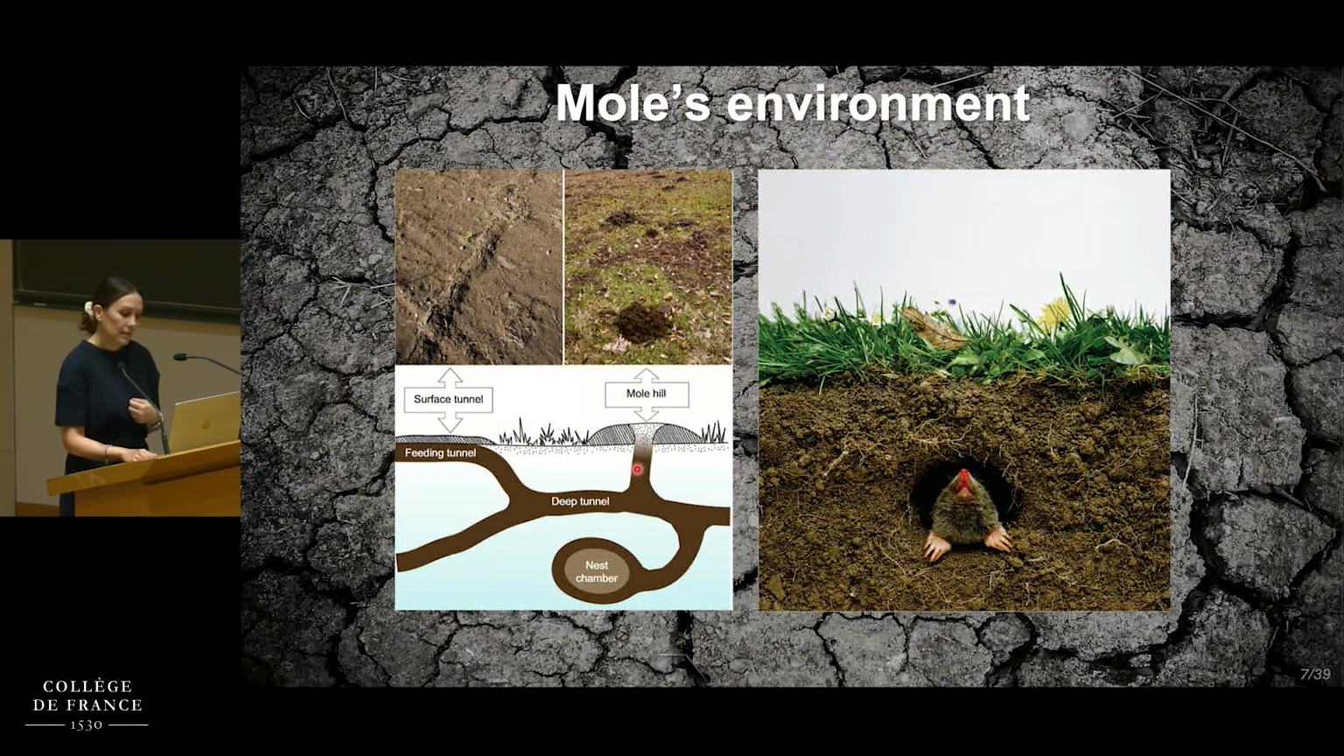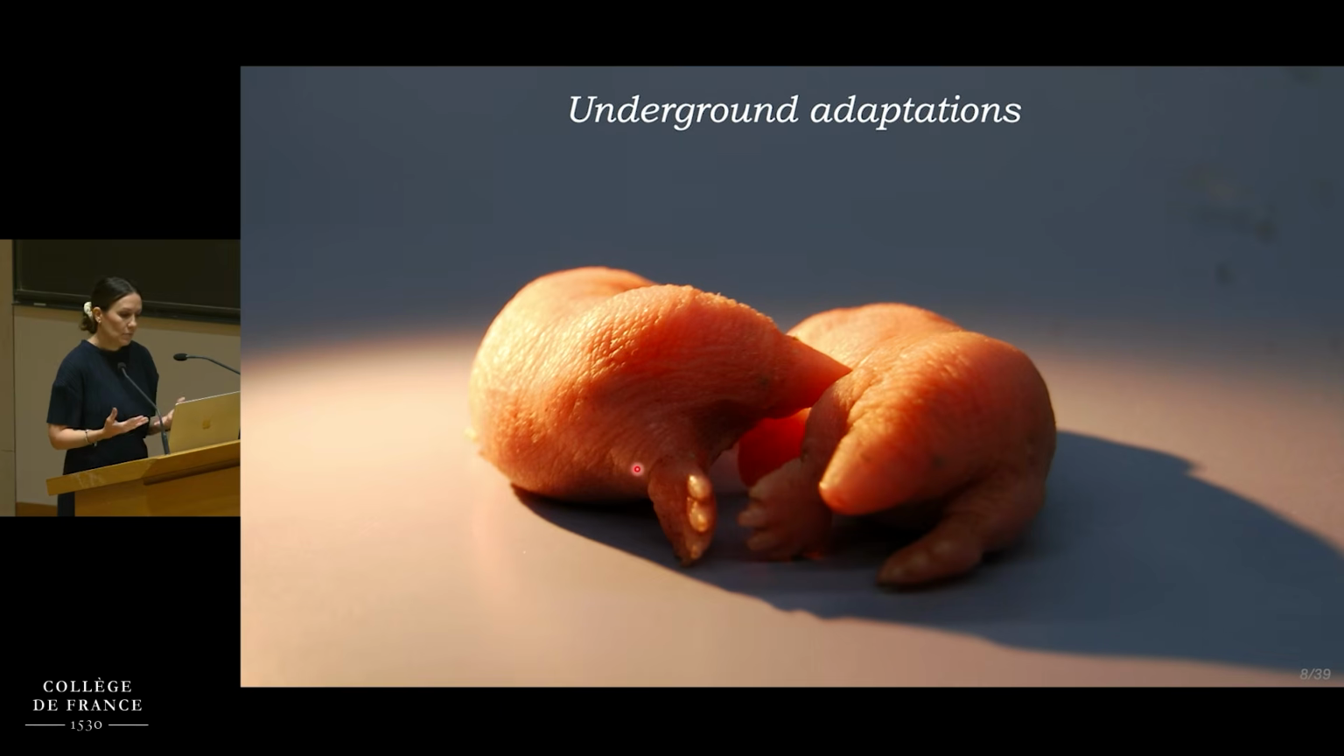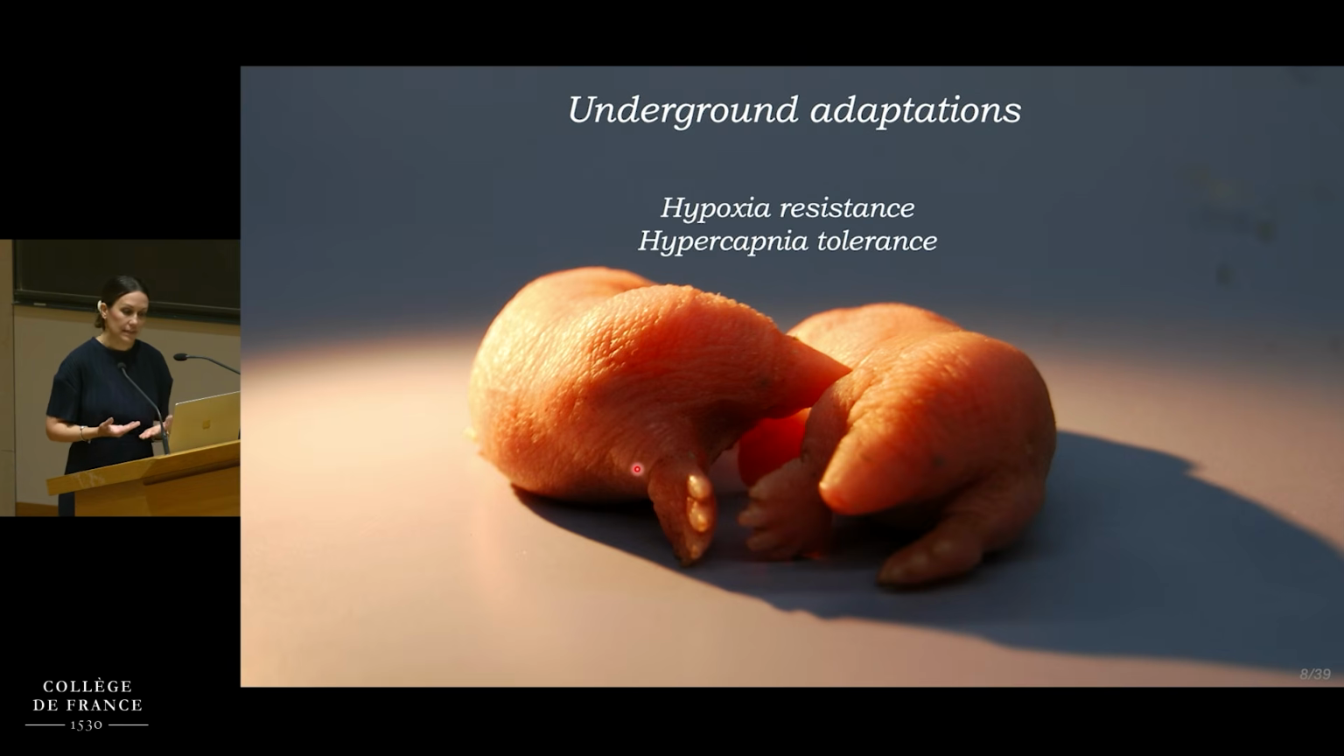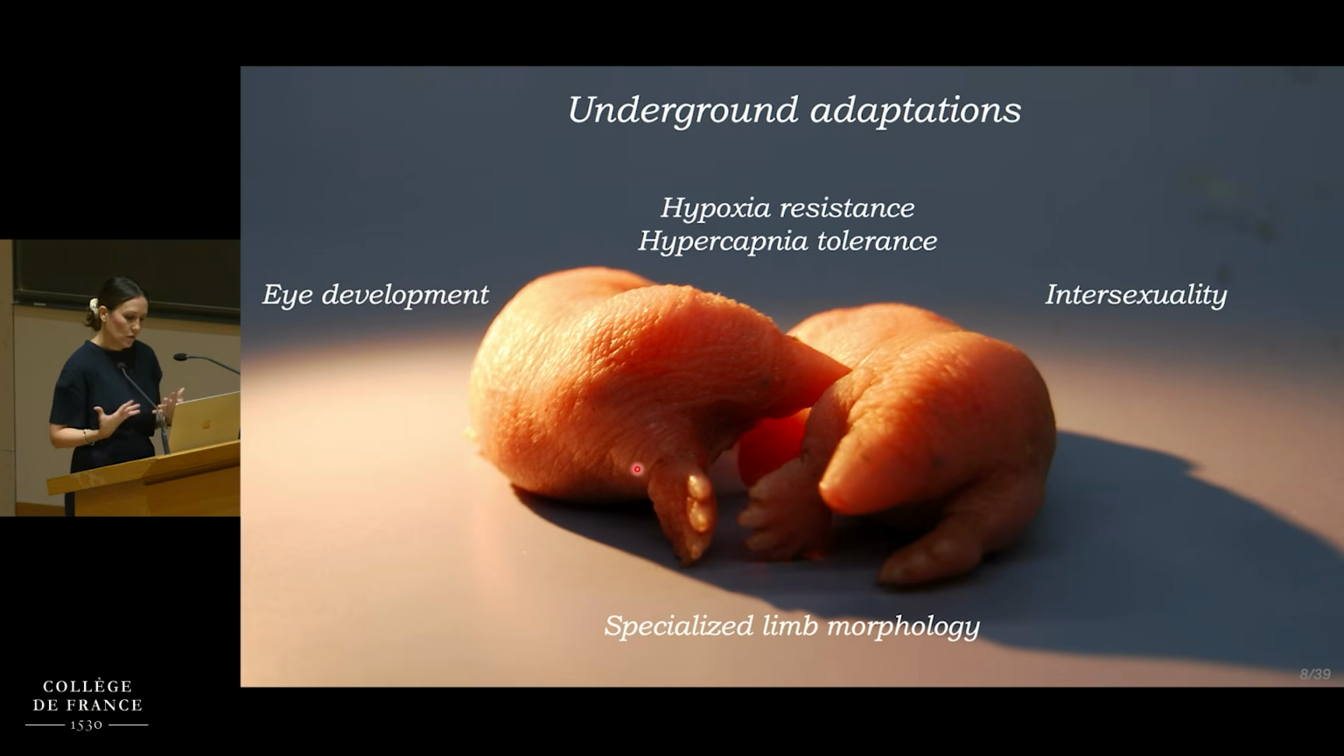And as I said, this adaptation to this environment comes with acquisition of very unique underground traits. Just to highlight some, they are known to have hypoxia resistance or hypercapnia tolerance, or tolerance to CO2. We also know that they have degenerated eye development. Females are intersexual. And of course, they have a specialized limb morphology that allows them to dig and to make